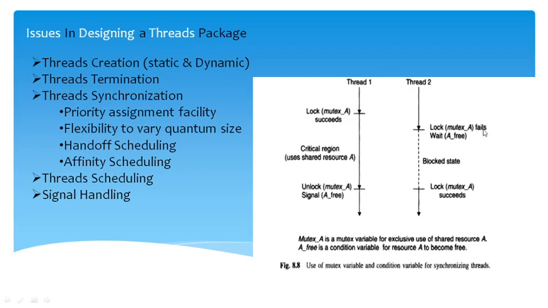Like that, lock mutex A, wait on A, thread 2 is in the blocked state. Whenever it gets the lock of mutex A, it succeeds. Okay, it is an exclusive use of shared resource A. Here A free is a condition variable for resource A to become free. A has to wait,